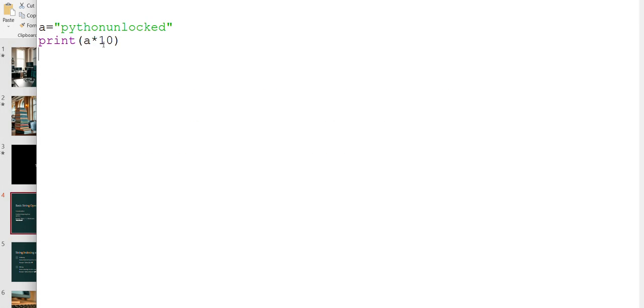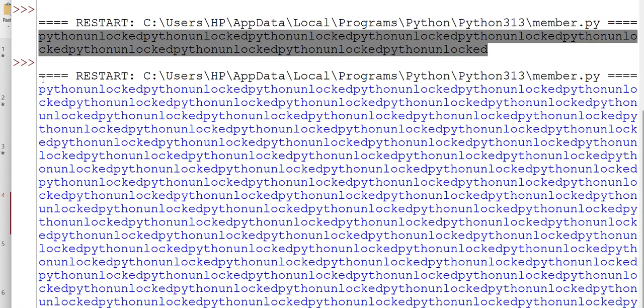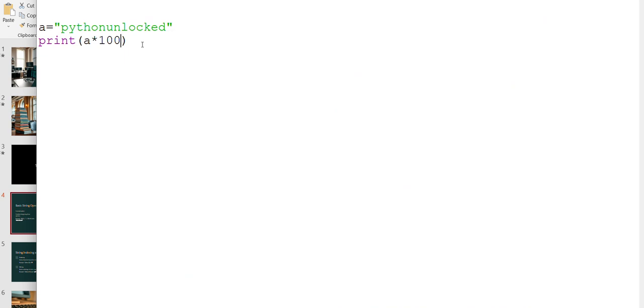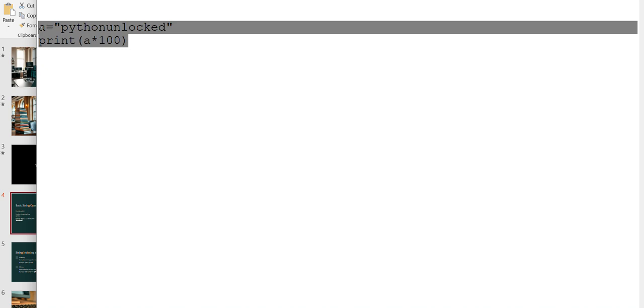If I want to increase the count to 100, I can also do that. Whatever value I put, that much count I'll get as my output. You can see over here. Okay, let me clean my screen. I hope this is clear. But let's say I want to take input from the user and multiply that string n times. The n is a value that will be entered by the user. So how to do that?